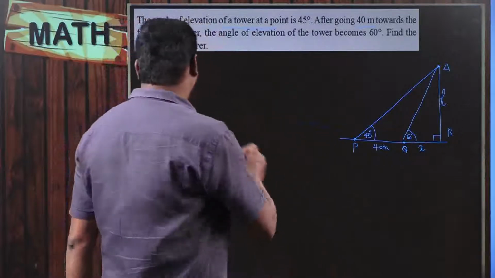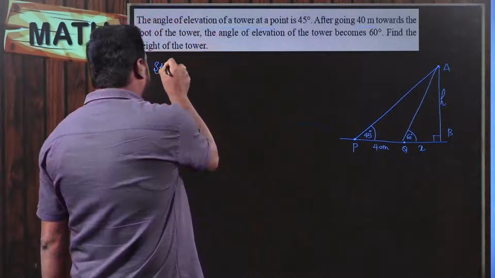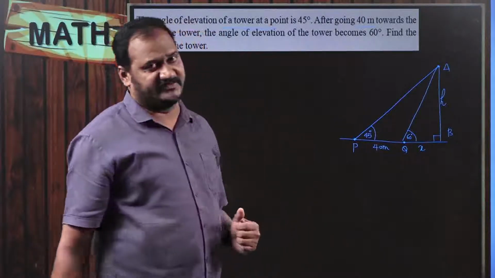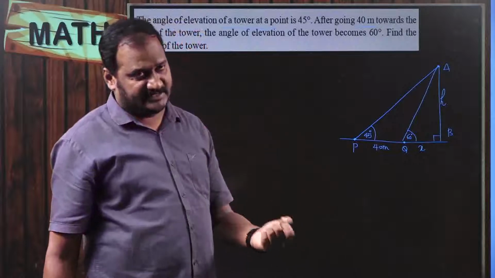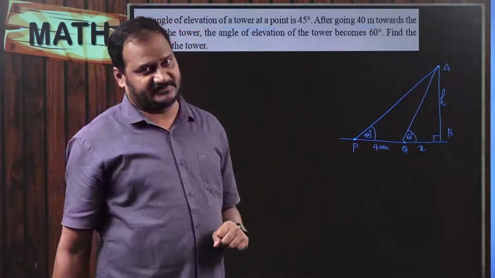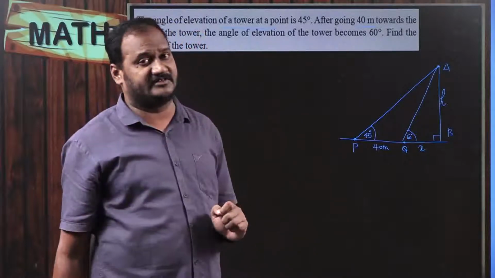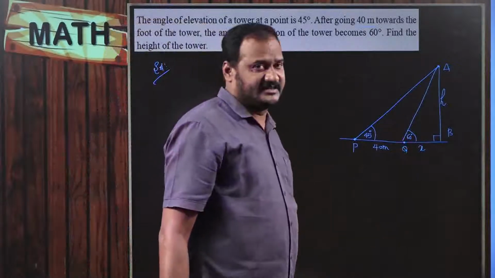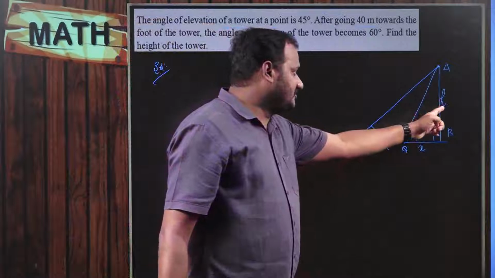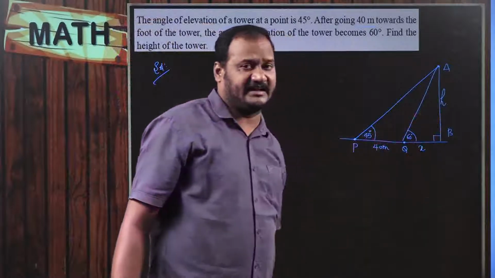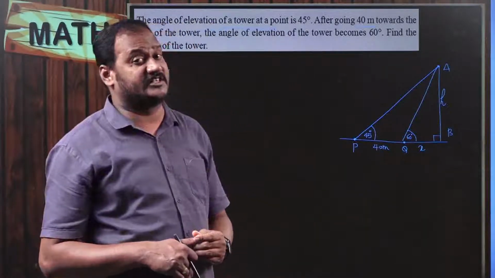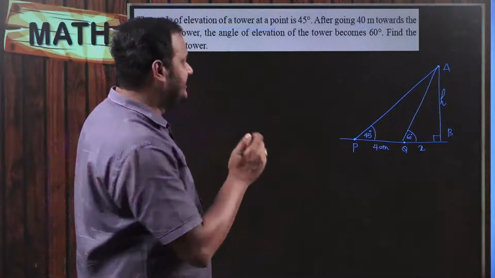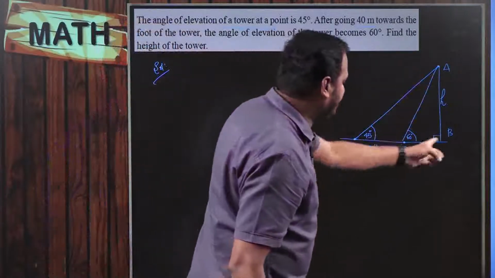I am going to start solving this problem. You definitely have to write what h is, what the angles of elevation are, and what you are going to find. So h is the height of the tower. AB is equal to h, that is the thing we are going to find. For that we need to find the value of x. See, this is the angle, this is the side opposite to that angle, and this is the side adjacent to that angle. Which trigonometric ratio gives the relationship between the opposite and adjacent sides? That is tan. So I am going to apply tan for this triangle ABQ.